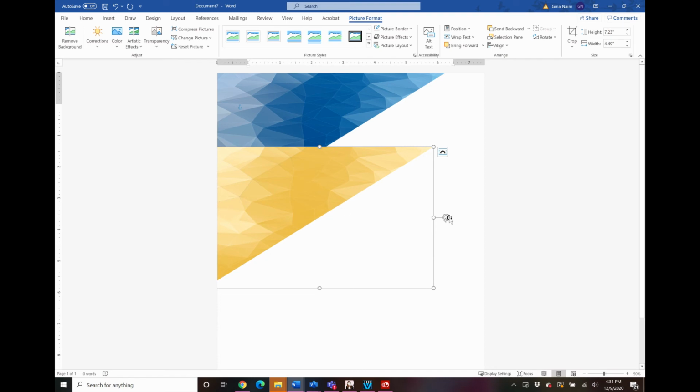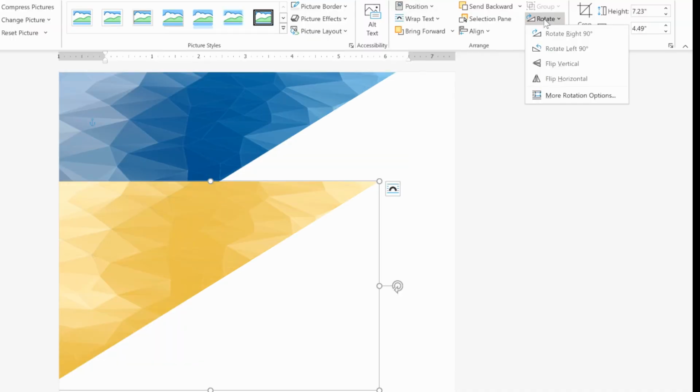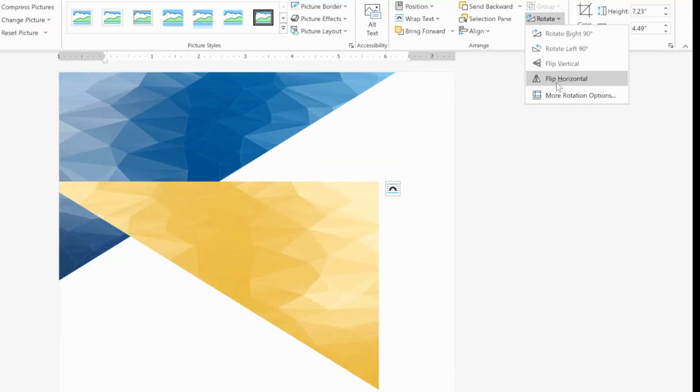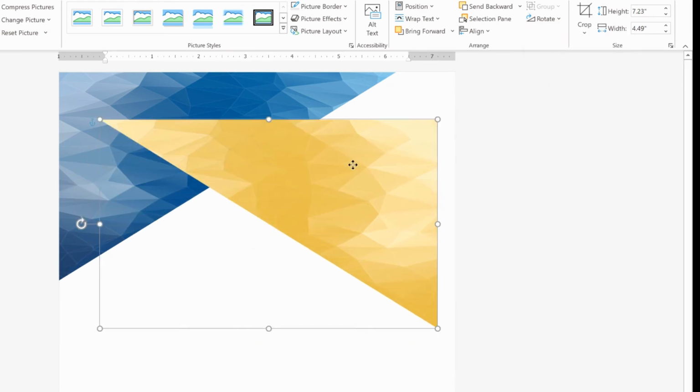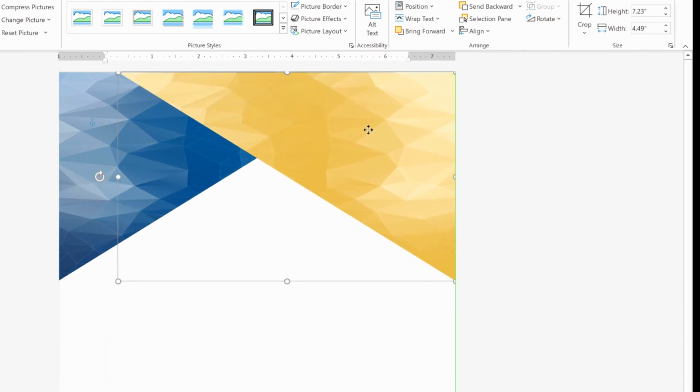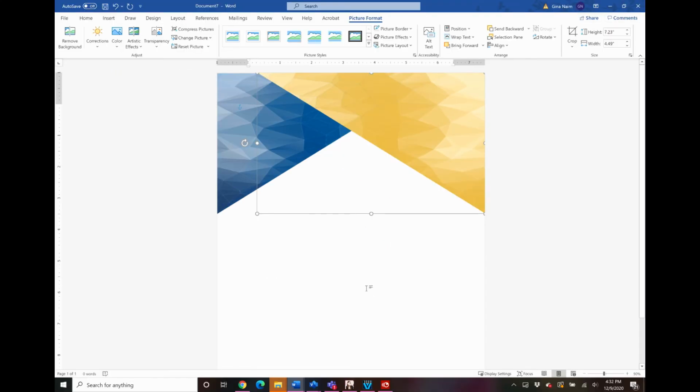Then I'm going to go to rotate, and again we're still under picture format, and I'm going to flip this horizontally and then move this to the top right. Then I'm going to hold down my Shift key and select both the blue and the yellow triangles.